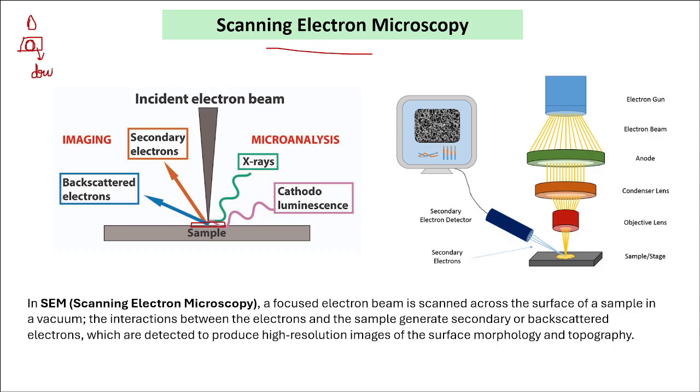Whatever sample you are putting in your scanning electron microscopy, it should be well dried in a desiccator. There should be no moisture. So that is very basic. You dry it, or if you have a powdered sample, what you can do is simply take a glass slide and in both the cases put carbon tape on it.